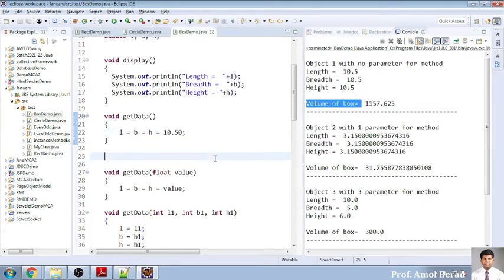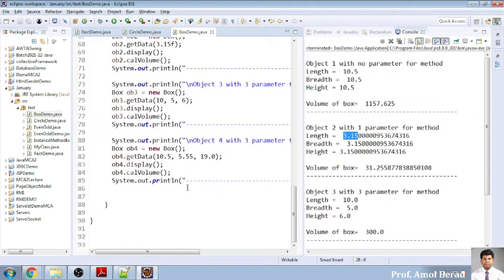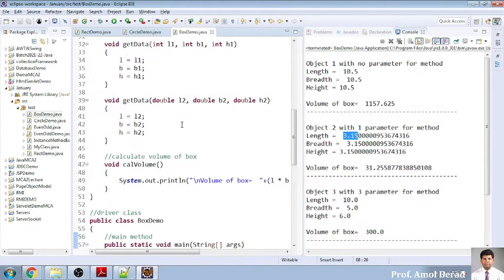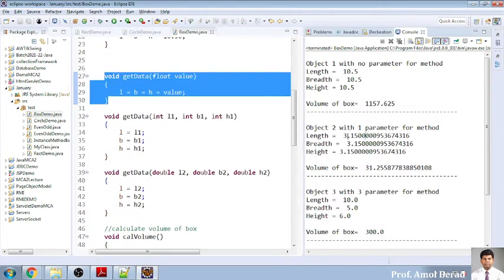Second object, that is passing 3.15, that we have seen over here. It has passed 3.15, second object. So it is a float value, so it will be searching for the function which contains a float value. So this is 3.15, and we are calculating the volume with length into breadth into height.